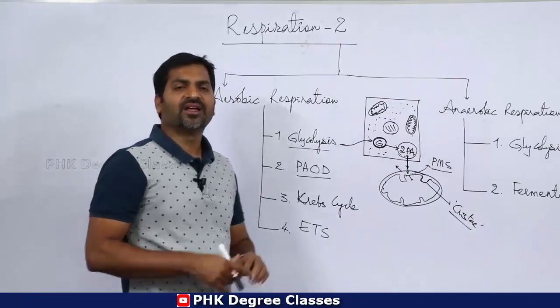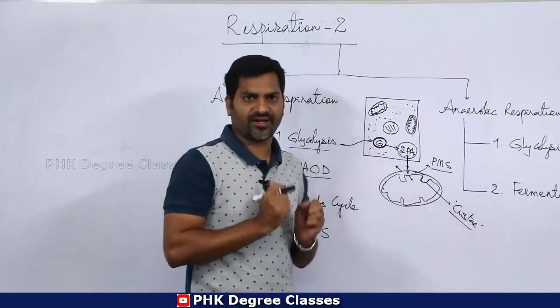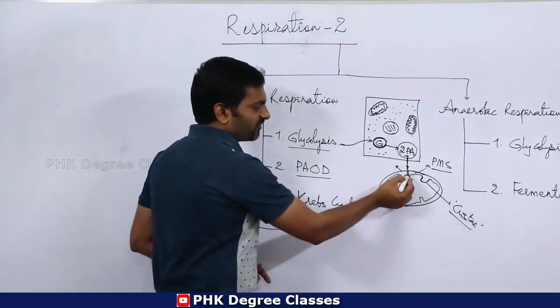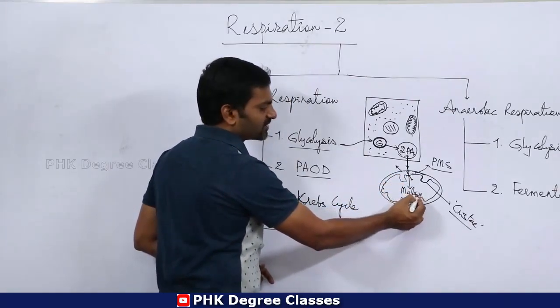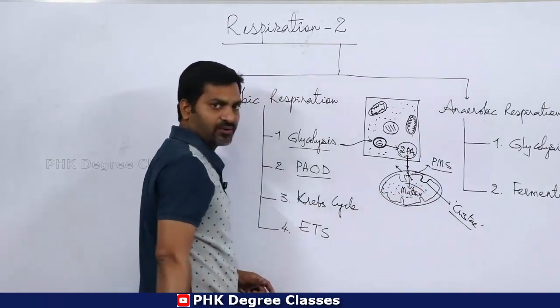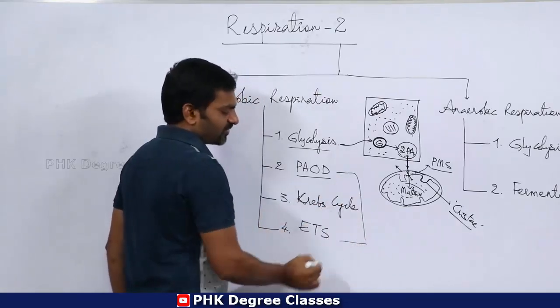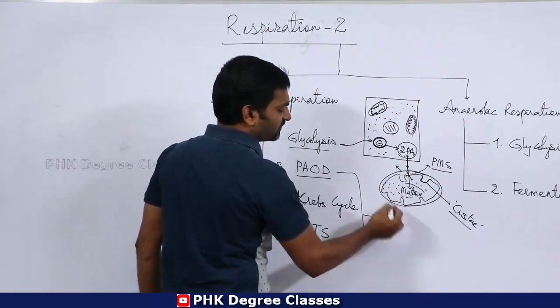Peri-mitochondrial space is nothing but the space between the outer and inner layers of the mitochondria. Okay, so now what happens here? Then finally it reaches the matrix, the liquid substance of the mitochondria, that is called the matrix. Then these remaining 3 steps take place